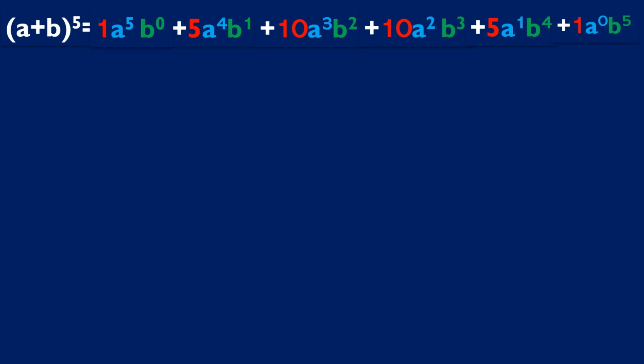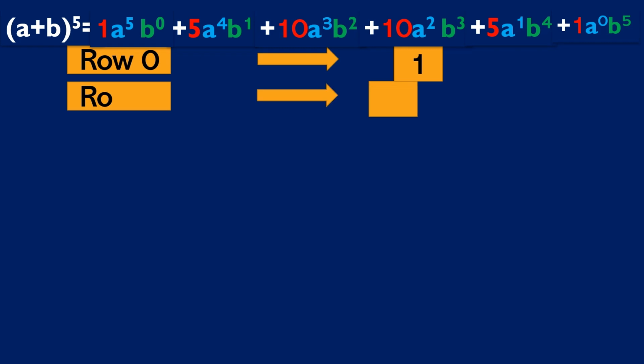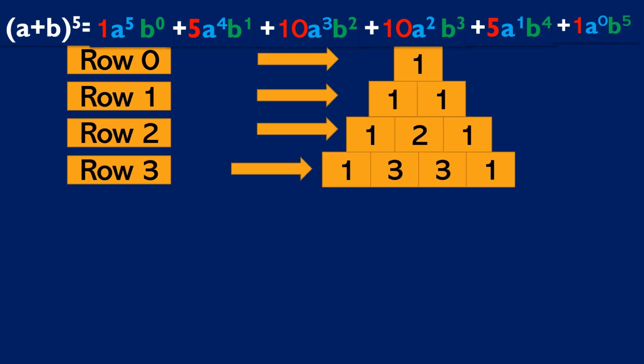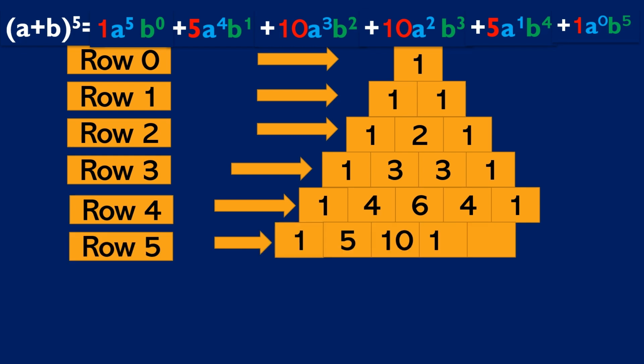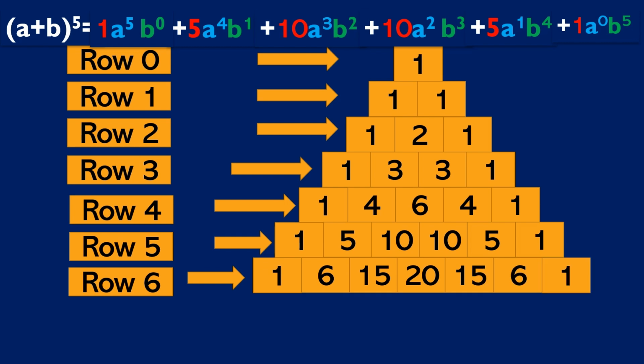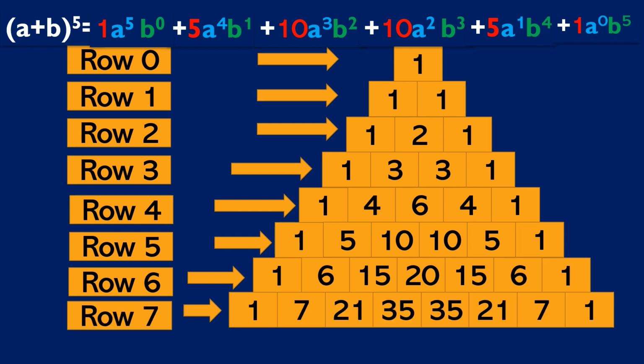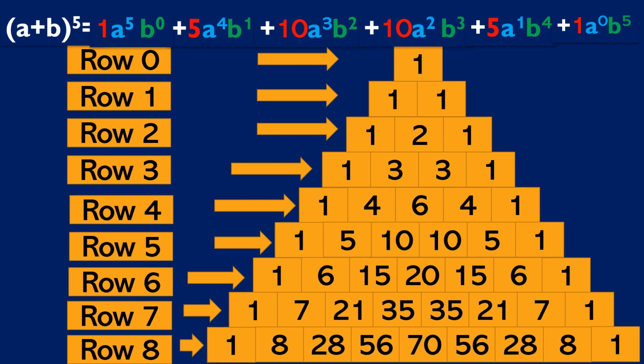Now, the coefficients in red, we will be obtaining them from the Pascal's triangle. And since our power is 5, that is a plus b is raised to the power of 5, we'll be looking at row 5 in the Pascal's triangle for the coefficients. And as we can clearly see, our coefficients in the Pascal's triangle